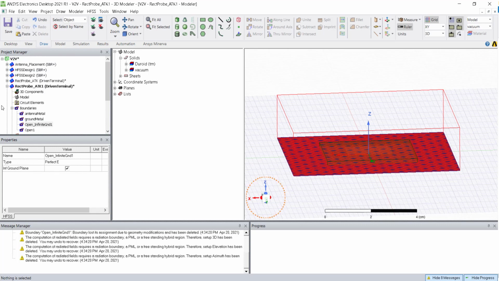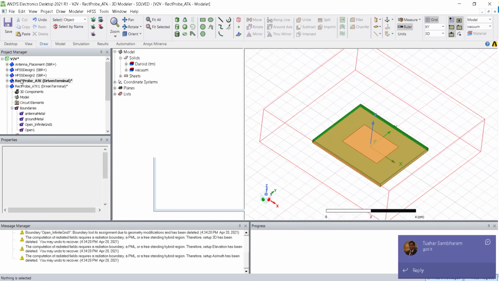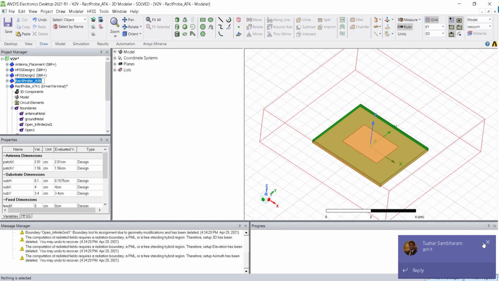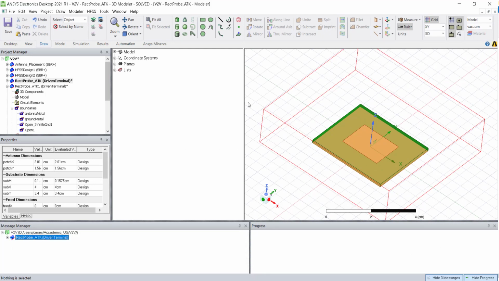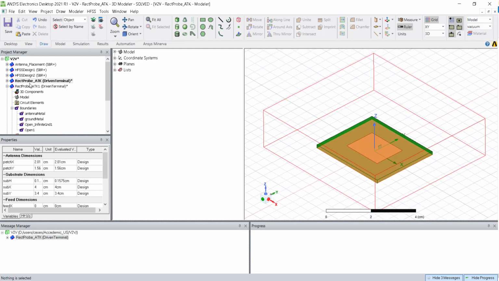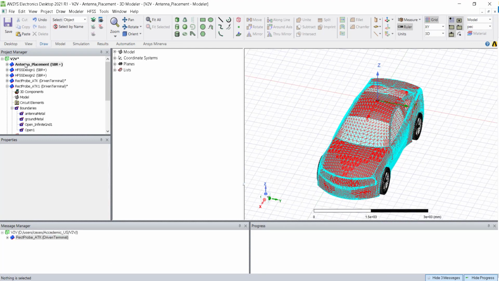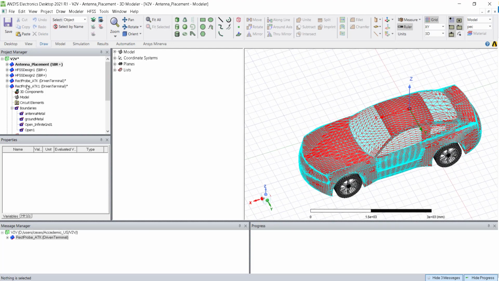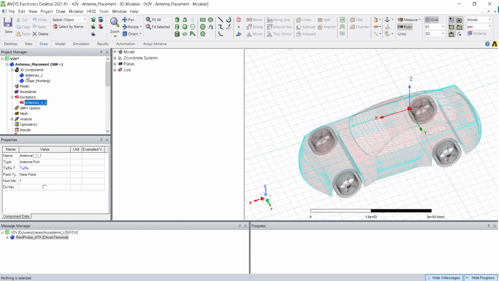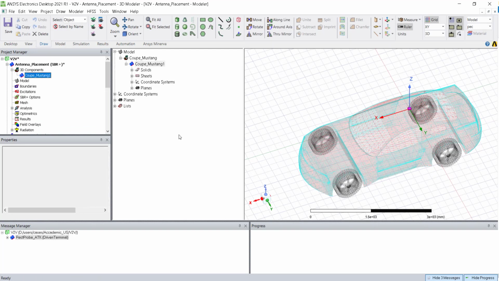Okay, that's all for the simulation. Now what we need to do is place this antenna on top of a car body. I think I have already kept this car and antennas, so I'll just remove this thing.